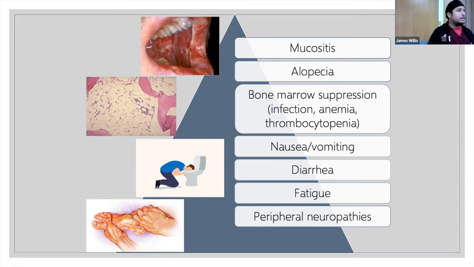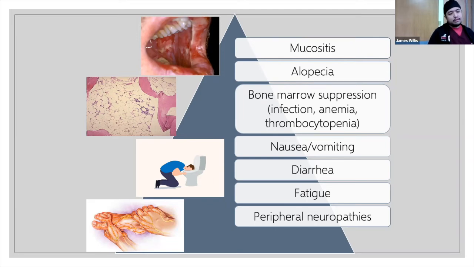Diarrhea, fatigue, peripheral neuropathies. These are common side effects that you might see in a patient who's just on normal chemotherapy. For the most part, management of a lot of these symptoms is going to be supportive treatment, right? So it's going to be IV hydration, antiemetics, pain control depending. And then, like I said, you often want to rule out any underlying infection in these